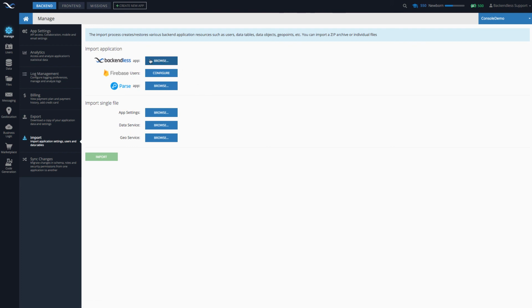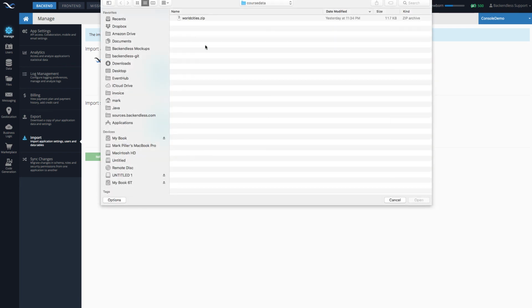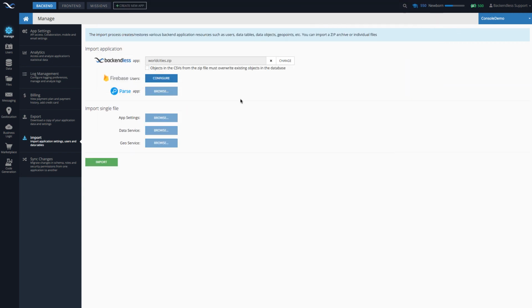So simply go to that link, the file will be downloaded, and then you will need to click the Browse button right here under Import Application for the Backendless App section. Click the Browse button, select that file, and open it up here in the browser. You will see the UI will look exactly as I have it here on the screen. Then click the Import button. Backendless will start importing all the data, and you will have it in your database. You will receive an email when it's done. It will roughly take about 10-20 seconds.